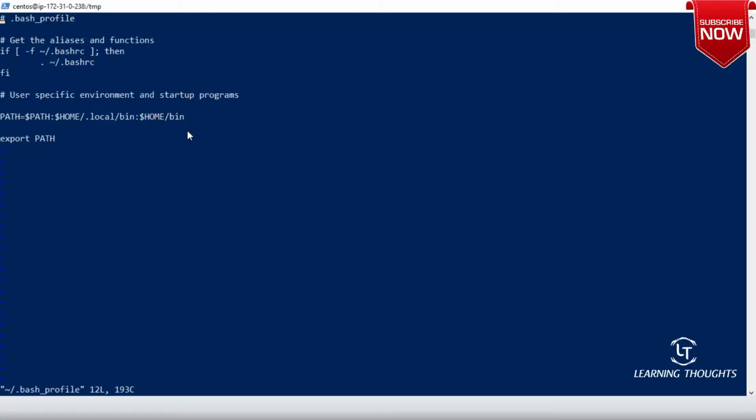Are you seeing a file? There is some script, and something called PATH. The first line is a hash, which is a comment.